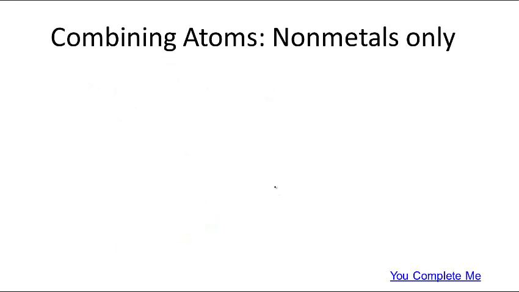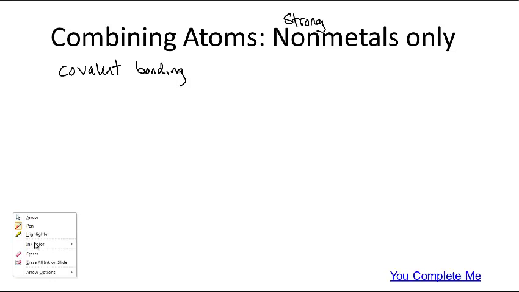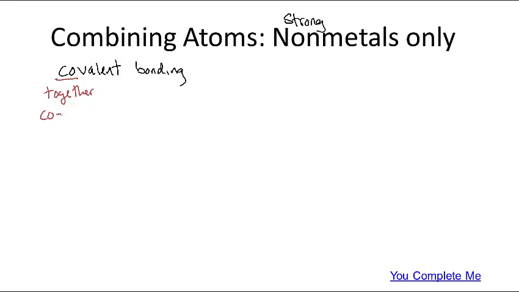So now let's combine nonmetals only. Now these are strong. Nonmetals are strong, right? They have a high electronegativity. They pull very tightly. So this is called covalent bonding. And if we use our SAT skills, you know, it's another year or so away, but it's good to practice. Co means together, like cooperative. Valent means the valence. So you can think of this as co-ownership